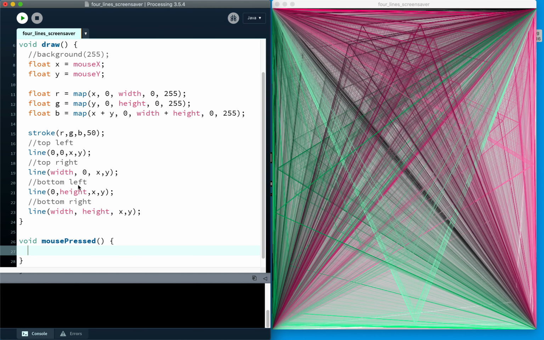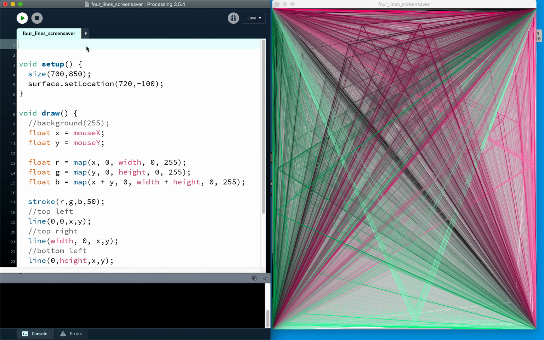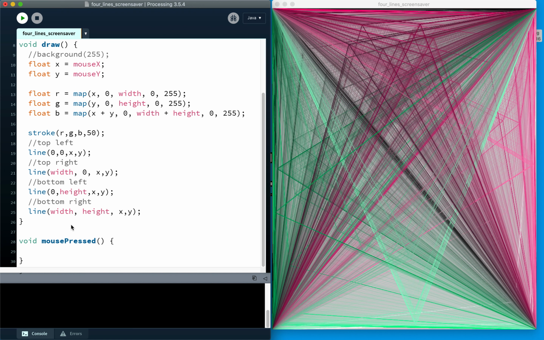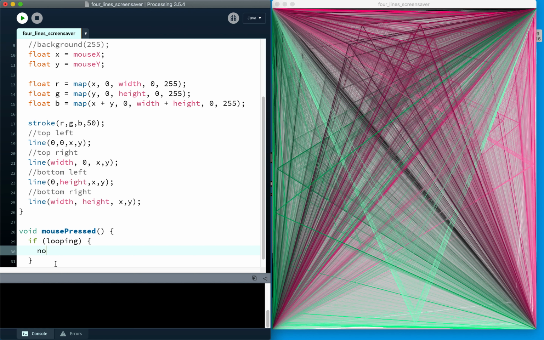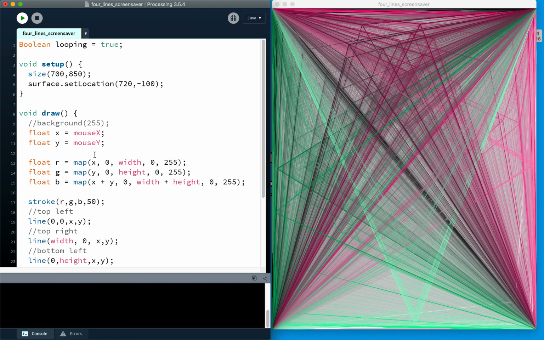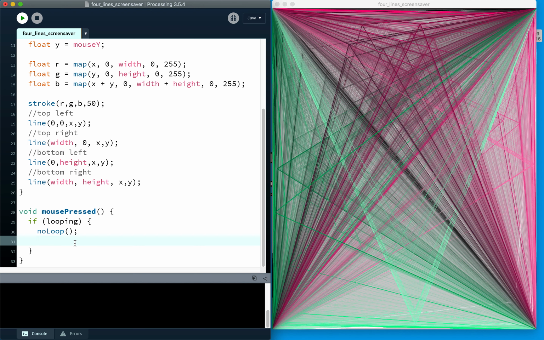And so I'm going to create a variable at the top, and let's make it a boolean, and we're going to say looping, and we're going to hold the state of whether we're looping or not. So we start looping, but if we press the mouse, this code will run, and the code is going to say if we're looping, then clearly we want to stop looping. So I'm going to say noLoop, and noLoop is a way in Processing that you can stop the draw loop from running. So all this code will stop running over and over again. And I'm going to say looping